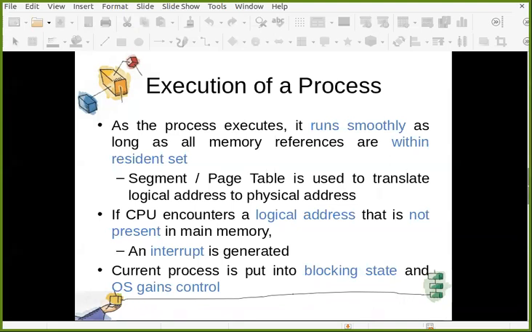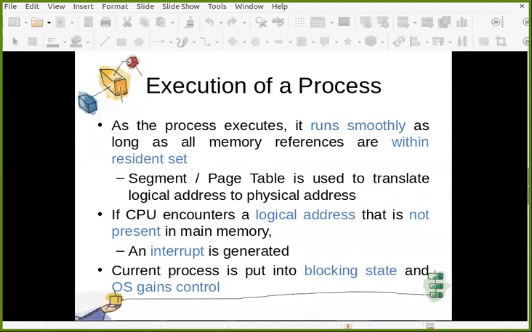Now, what happens if the CPU encounters a logical address that is not present in main memory? By chance, your process is running and, let's say there is some if else condition, and it is trying to execute some instruction which is not right now in main memory, and it is lying in the secondary memory.